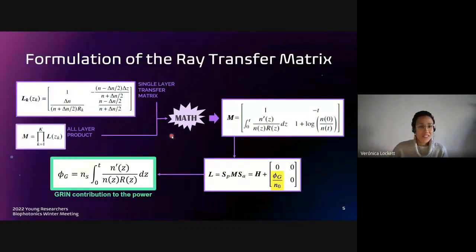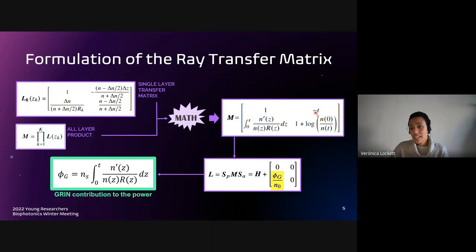So I try to simplify the math for you. Here we start with this L_k. This L_k is just a product of a translation and a refraction. Delta N is the index difference between the previous and the next layer. That's the index to the right, and with a minus is the index to the left. This is the simple translation times refraction matrix. Then we multiply all of them, depending on k, the number of layers that we give to our lens. We multiply all those, do some approximations, and we arrive at this matrix over here,